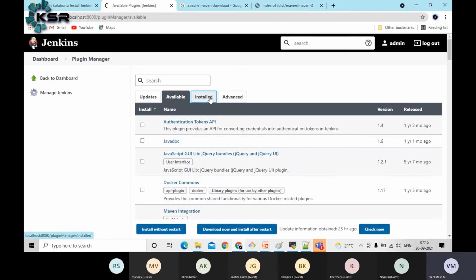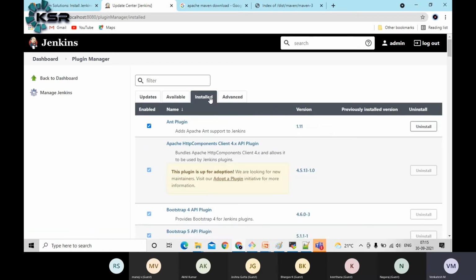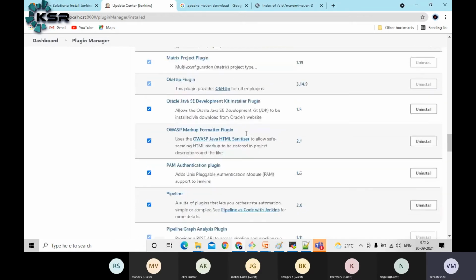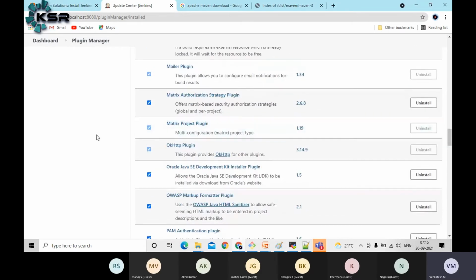Then Installed: in the initial section we have installed some of the plugins. If you remember correctly, in the second step, once you enter the Jenkins secret, it asks to configure the Jenkins plugins, the recommended plugins. In the recommended plugins, whatever plugins you are seeing, everything will get installed. So for an example, let's search for Git once. One minute.